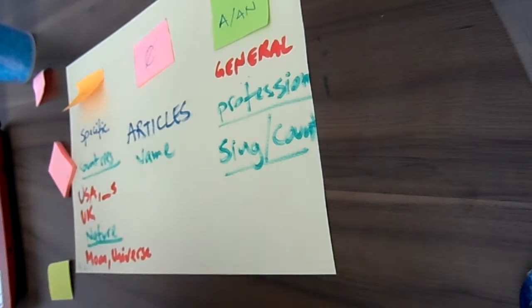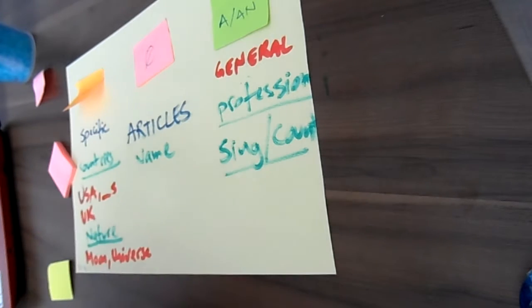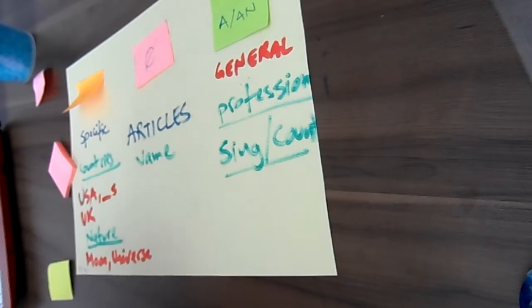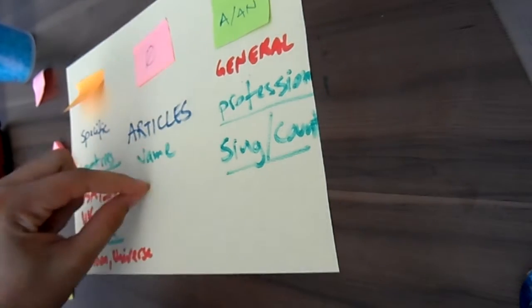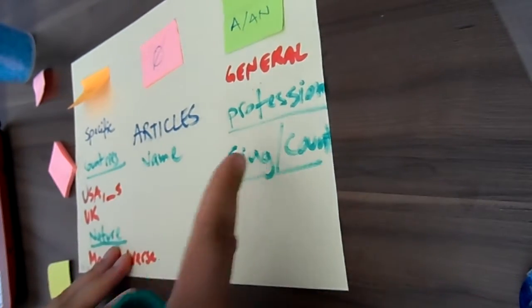So you don't say the or a Brazil. You just say Brazil because Brazil is a name, right? You don't say, for example, the whatever avenue because the avenue already has a name. So you just have to say Clinton or Kennedy Avenue, okay? You don't have to mention the, all right? You also use it for non-count nouns. So it's the opposite of this, okay? It's the opposite of this.